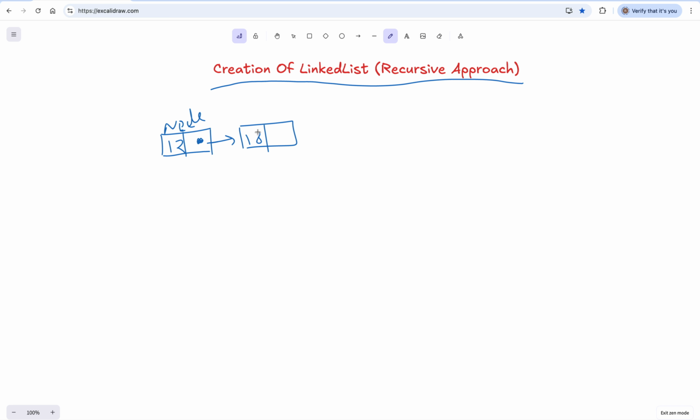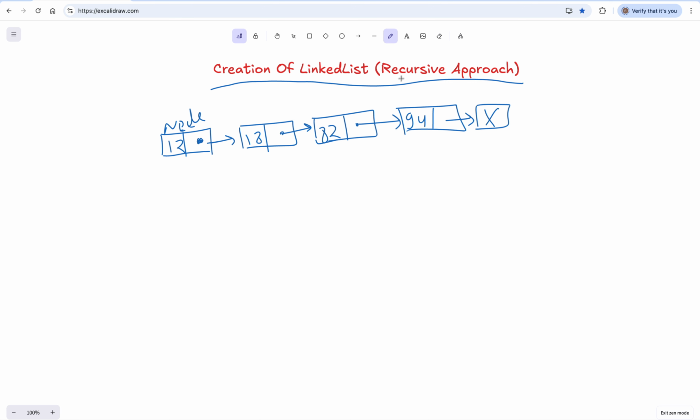So let's say 12, 18 is there. Then this will be pointing to one more element, for example, let's say 82. Okay. And this will be pointing to one more element. Okay. Let's say 94. Okay. And then at the end, it will be pointing to null.